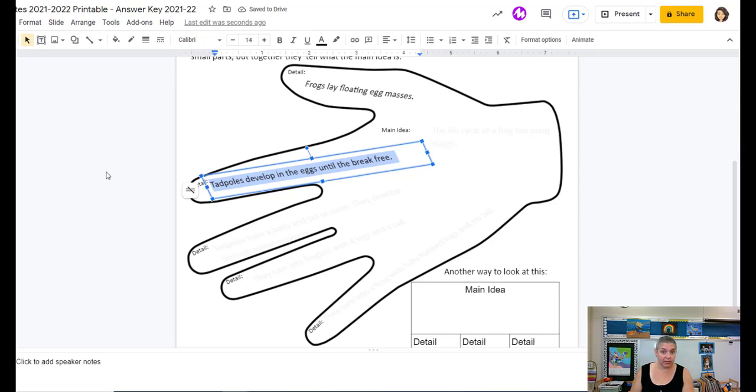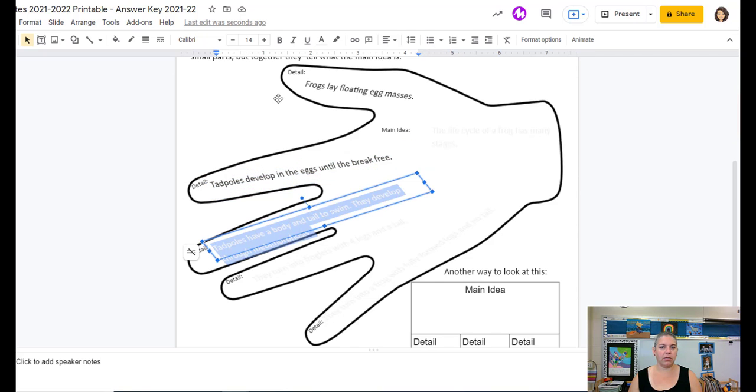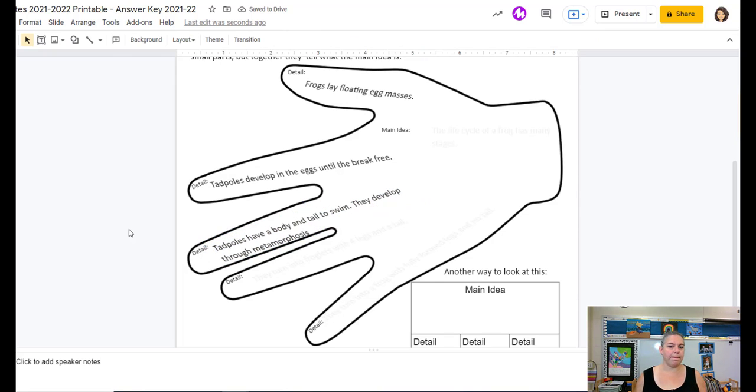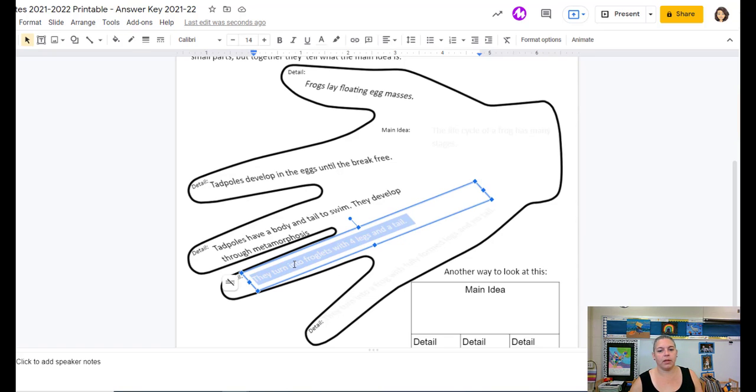And I want to pause. Right now you should have your book out, you should be open to page 6, have your pencil in hand, and you should be writing these notes in the same places where I'm writing them. So after the tadpoles develop in the eggs until they break free, tadpoles have a body and tail to swim. They develop through metamorphosis. So we're going through the details that were in the article. And after that, they turn into froglets with 4 legs and a tail,